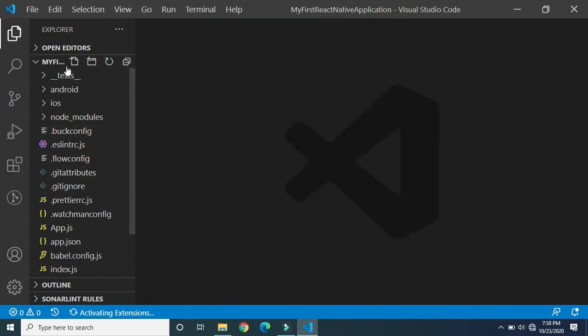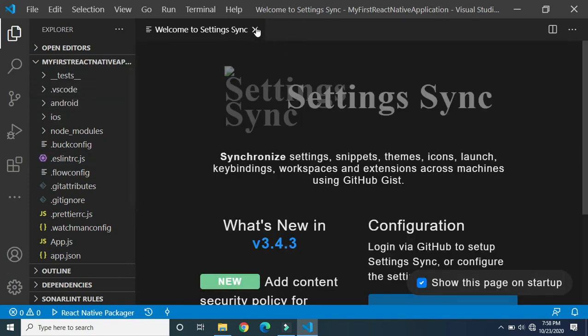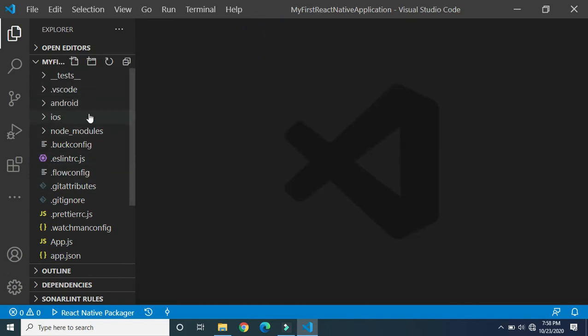As I said earlier, by default it has created some files. This is a default project that has been created. We have not yet customized this project. In this video we'll just discuss how to create a default project and how to execute it. So here we open this project in VS Code. Now we have to execute it.